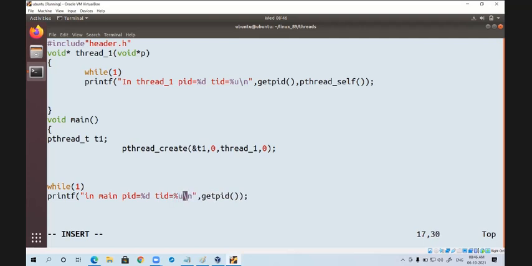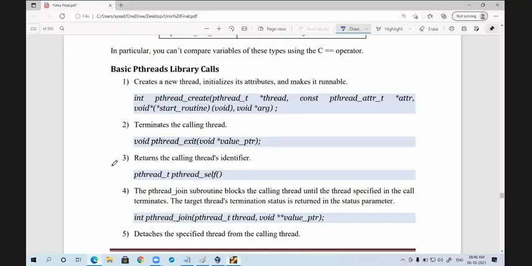PID is equals to percentile U. Again, my question is, what will the getpid function give us? Process ID. Can you guess what the pthread_self function will give us? Thread ID. Every thread is having a separate ID.